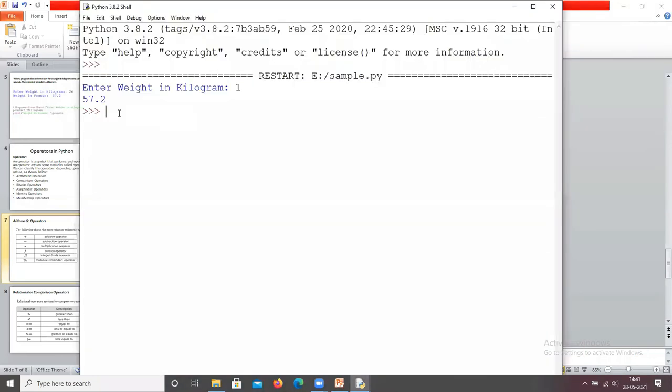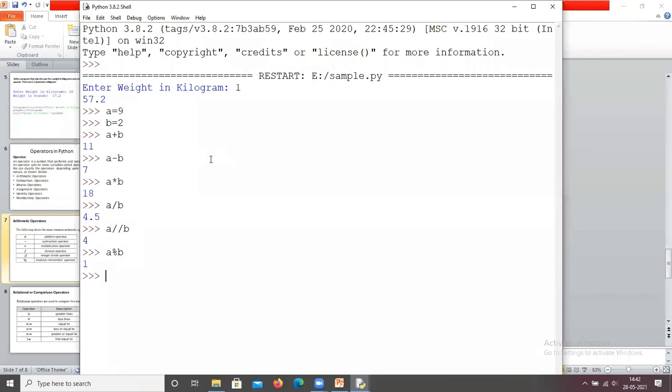To execute, a equals 9, b equals 2. a plus b, a minus b, a into b, a by b, a floor division b, a percentage b.